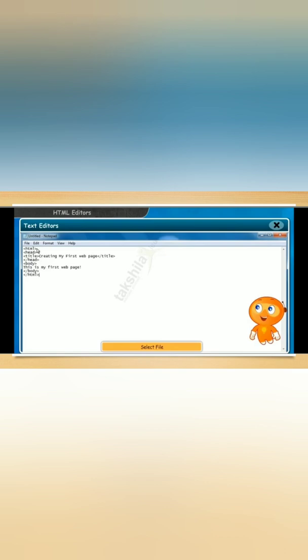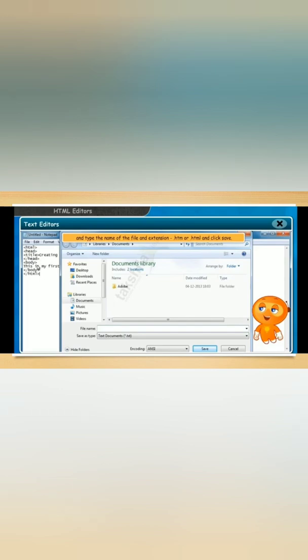See here guys, I typed some HTML code on the Notepad. I know you can't understand these HTML head, title tags yet; I will explain later. Firstly, I will tell you how to run the program in HTML. After writing the program in HTML, firstly you have to save the file.